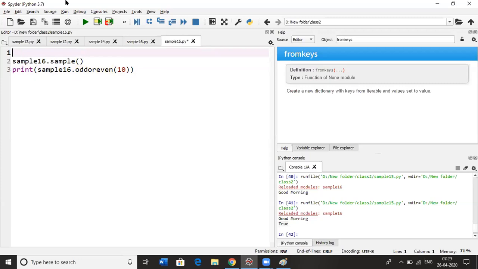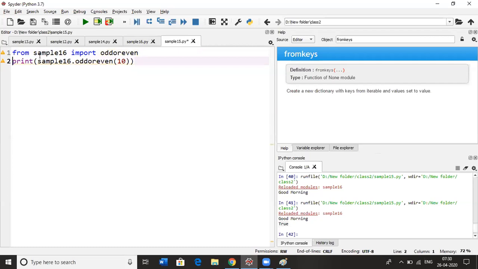You need to use the from keyword. From which module? Sample 16. From this module, I'm going to import odd or even. Oh, you cannot use this thing.